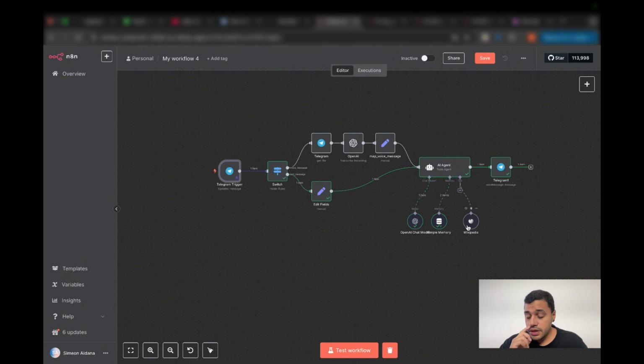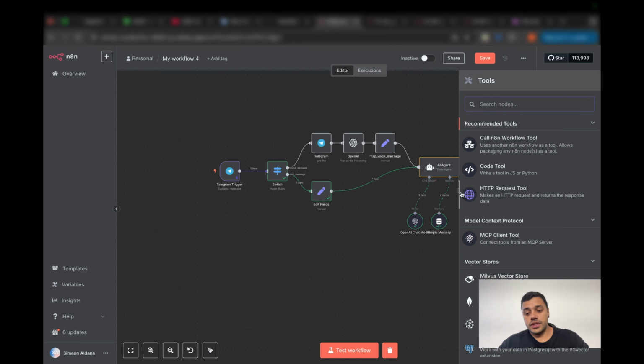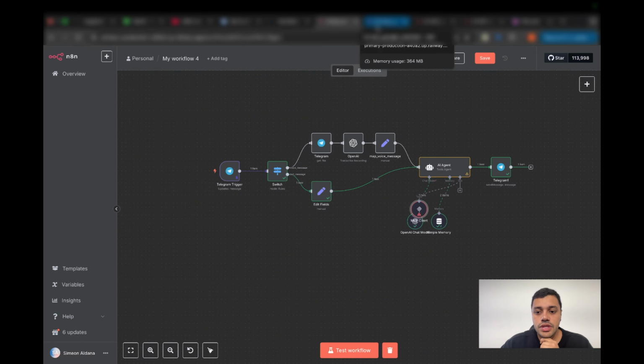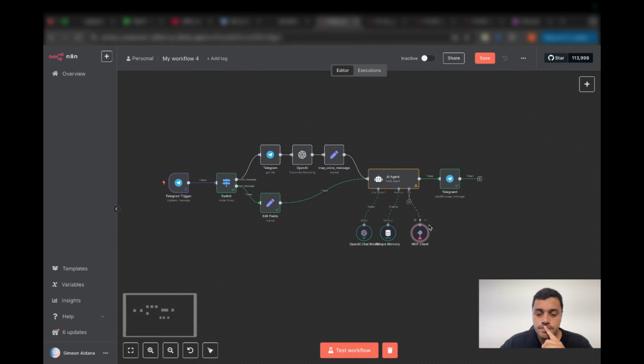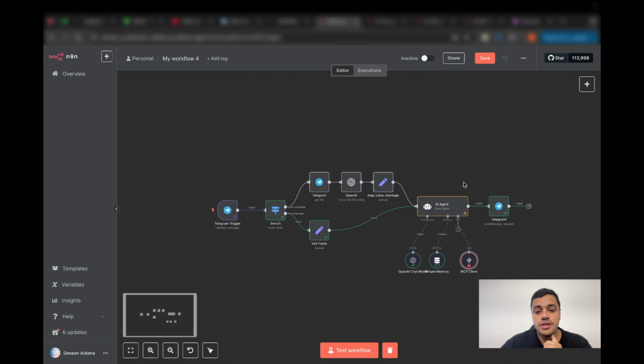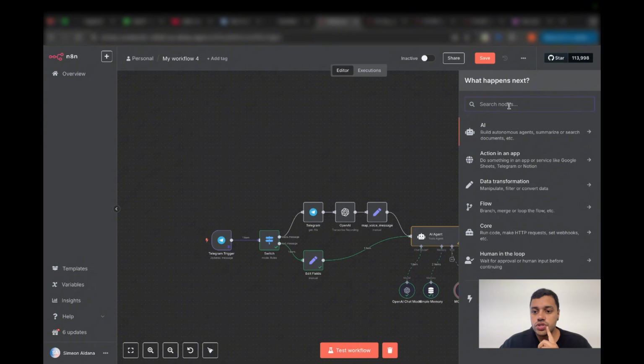And now let's add a superpower to this. Let's add some MCP, like Reddit. Could be great, but for that I have to, I am thinking how we can do it. Okay, let's start with the MCP just to